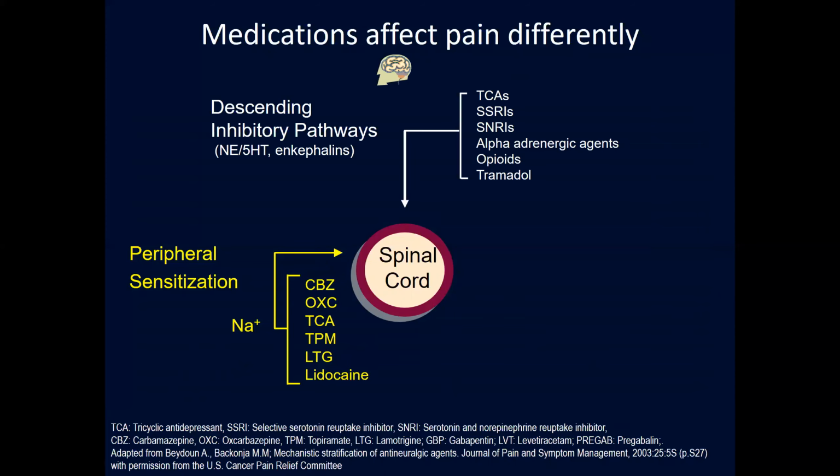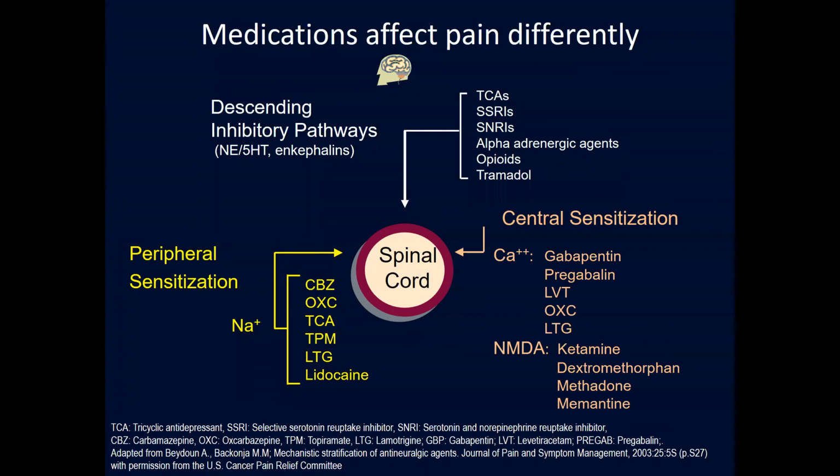And then we move into descending inhibitory pathways. And again, there's overlap between mechanisms of action of a lot of the drugs that are involved, but these focus on norepinephrine, serotonin effects. Thirdly, we look at central sensitization. So calcium channel blockers, NMDA receptor antagonists such as ketamine and dextromethorphan, but also methadone and memantine fall into these